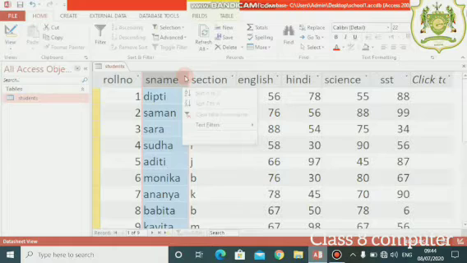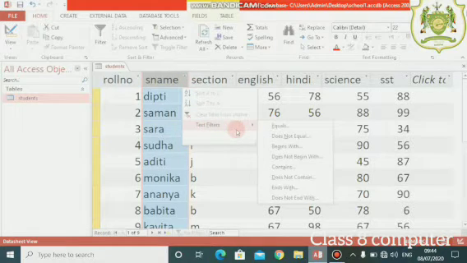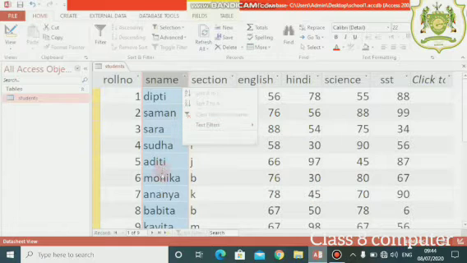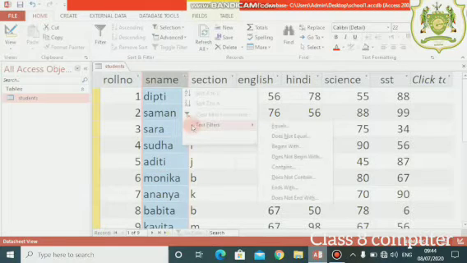Once you click on this down arrow, you will get the option as text filters. Why text filters? Because this is alphabetical data. So, whenever there is alphabetical data, we always have the text filters. So, click on the text filters option and it will take you to other options. There are so many options available like equals, does not equal, begins with.